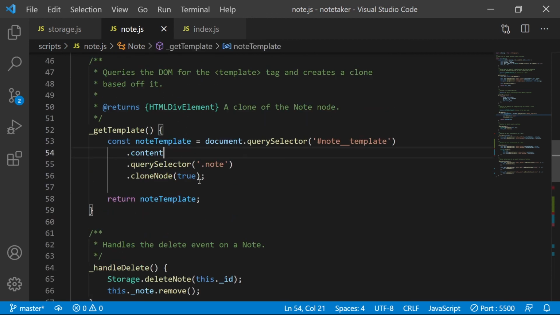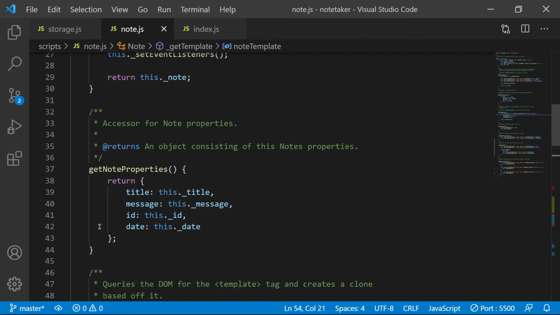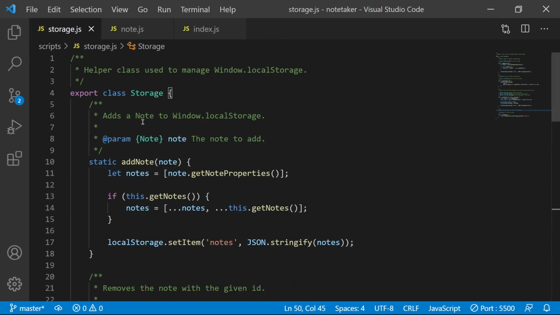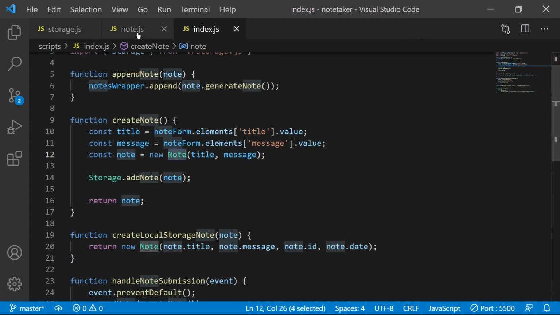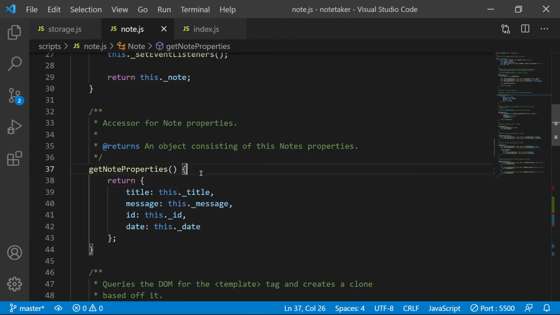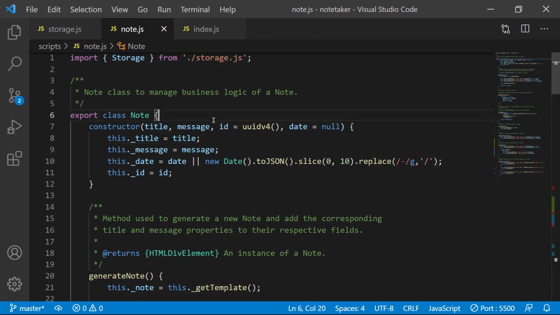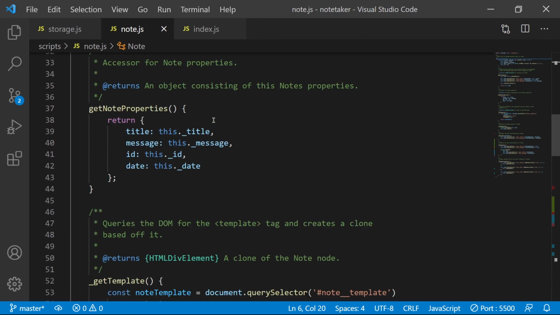This really is the best way of doing this, so that's nice. Get note properties is something I'm a little bit torn on because it seems like we just need it for such a particular reason. It's only ever used once. It'd be nice if I can change this some other way. Now, really, if you think about it, these are private and they should be private to the class. Get note properties, I mean, it's the best way for me to be able to get a reference to them